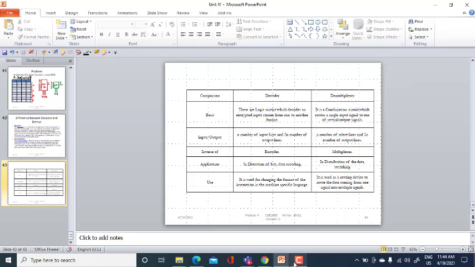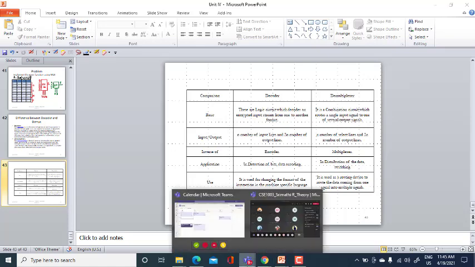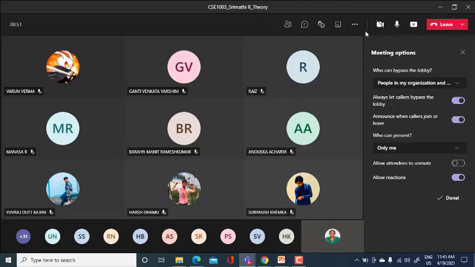The inverse of the encoder is the decoder, and the inverse of the multiplexer is the demultiplexer. As for applications, the decoder is used in detection of bits, data coding and encoding, whereas the demultiplexer is used in distribution of data and switching. The decoder is used for changing the format of instructions in machine language, and the demultiplexer is used for routing a particular device to the particular input source. This is the difference between decoder and demultiplexer. We will go ahead with the problems today.